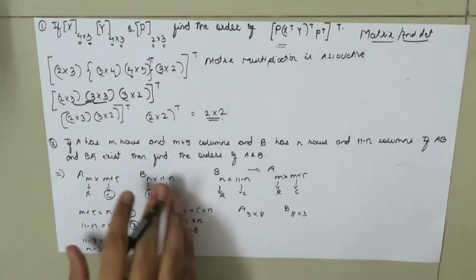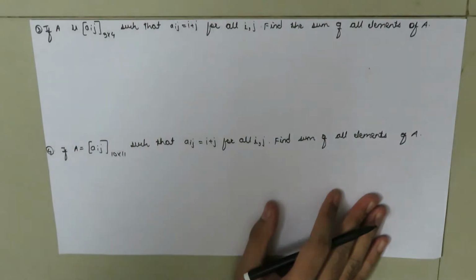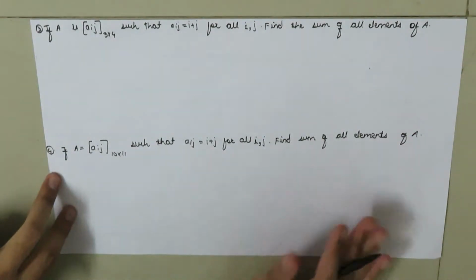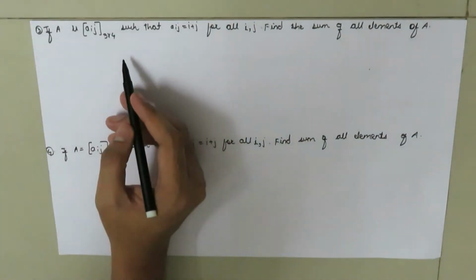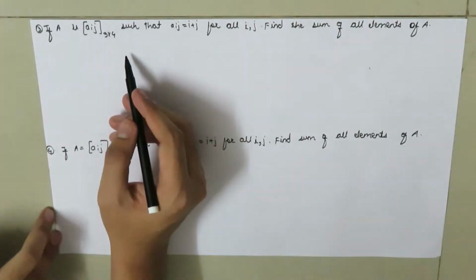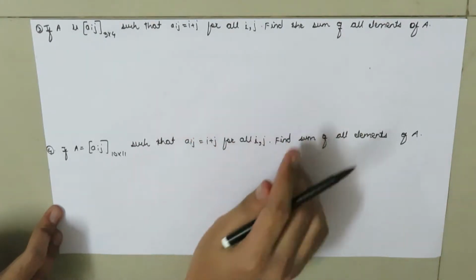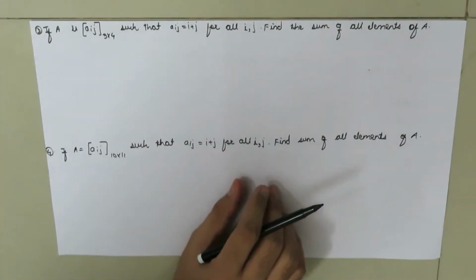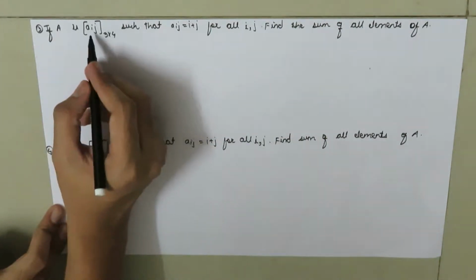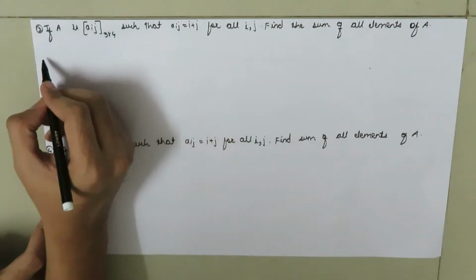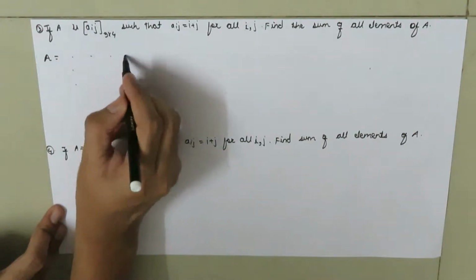So let's take another example. So here's our question. If A is Aij, which has 3 rows and 4 columns, such that Aij is equal to i plus j for all i, j, find the sum of all elements of A. And here what we are going to do is, here A is a 3 by 4 matrix, so A is equal to, these are 3 rows and these are 4 columns,